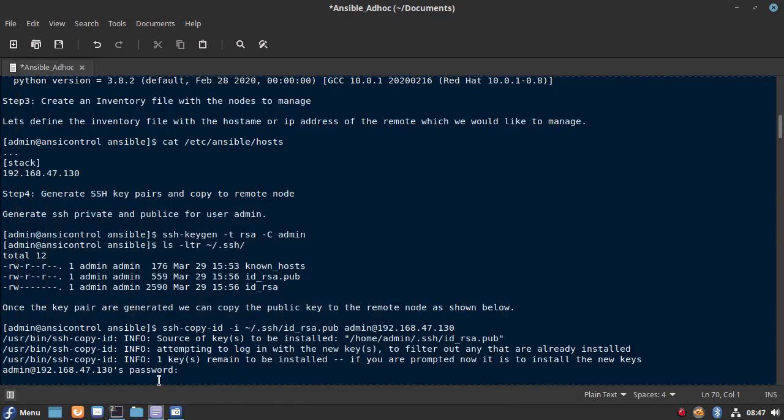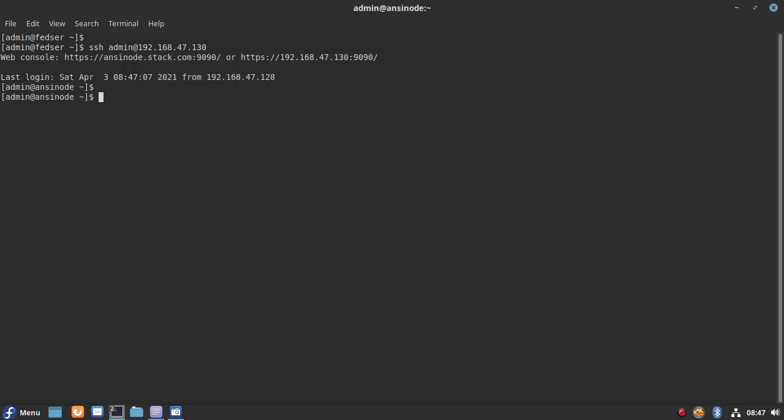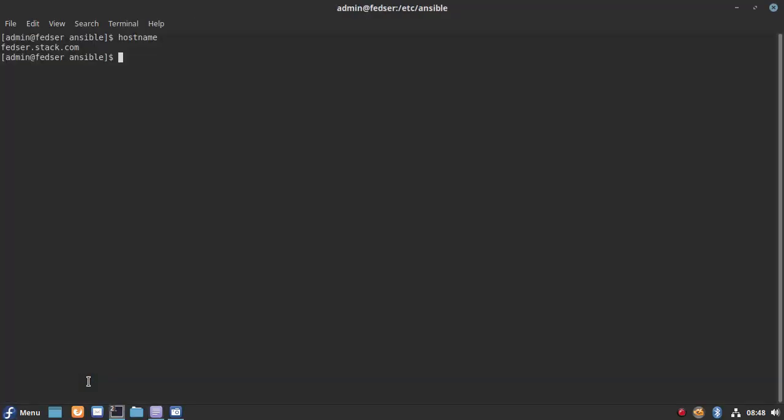Let me log in here in the second terminal, 192.168.47.130. We'll keep this terminal for the node which we are going to manage, and this one is for the controller node.